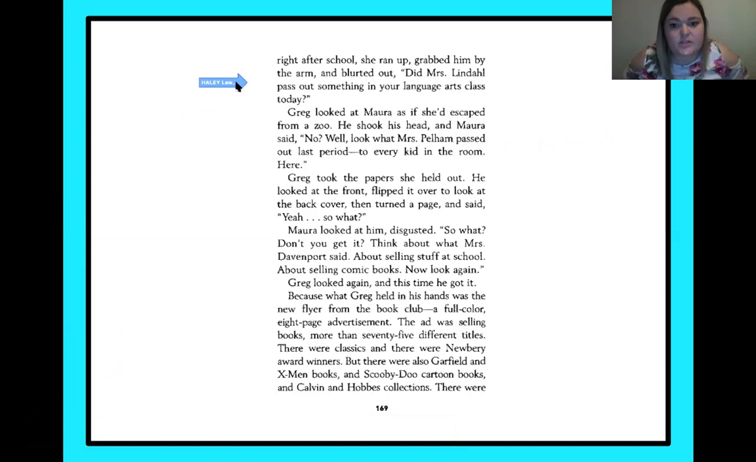Here." Greg took the paper she held out. He looked at the front, flipped it over to look at the back cover, then turned a page and said, "Yeah? So what?" Mara looked at him disgusted. "So what? Don't you get it? Think about what Mrs. Davenport said about selling stuff at school, about selling comic books. Now look again." Greg looked again, and this time he got it, because what Greg held in his hand was